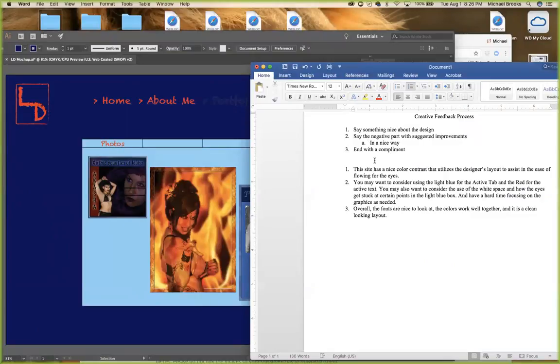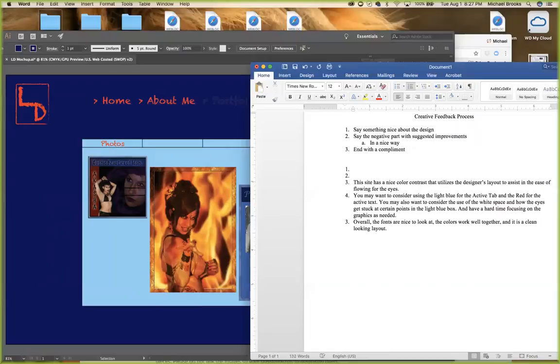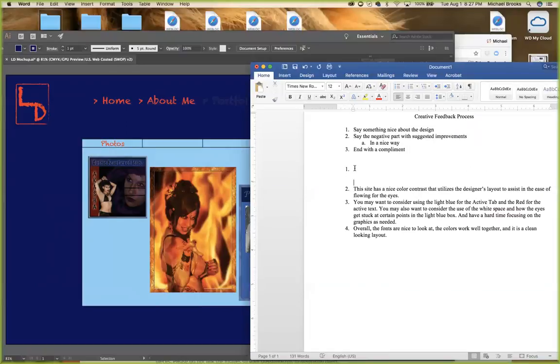Say a negative part with suggested improvements in a nice way, and end with a compliment. Or even without it being nice about the design. For example, another option for one could be